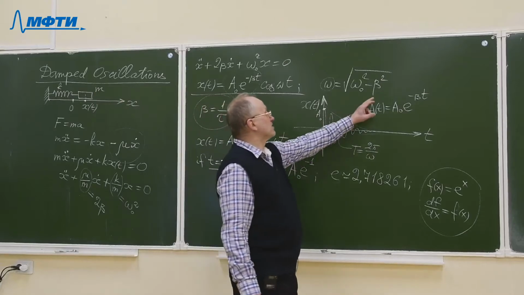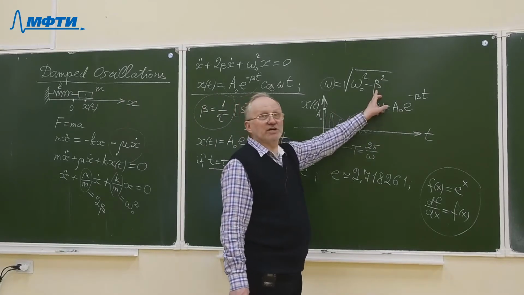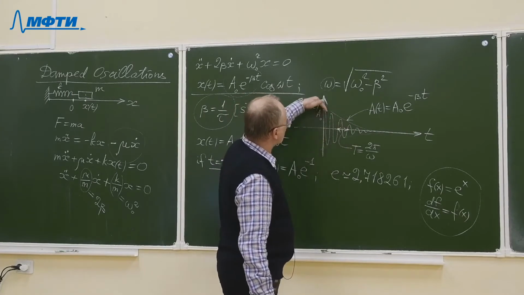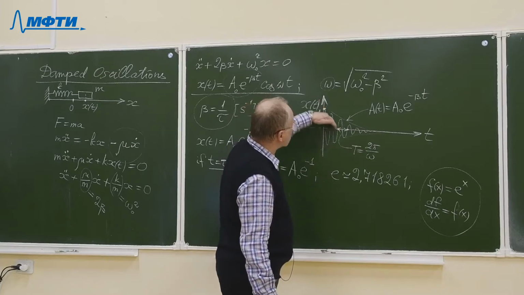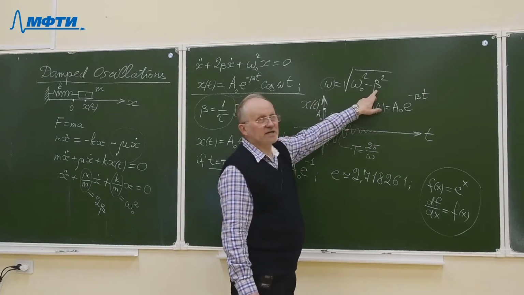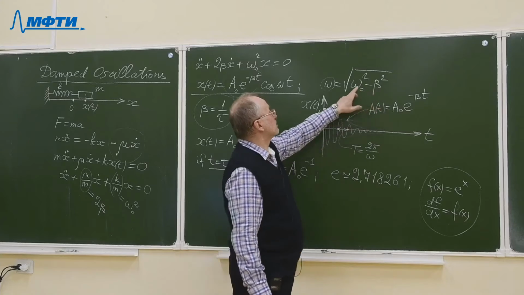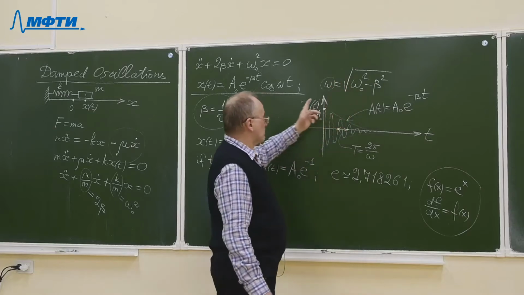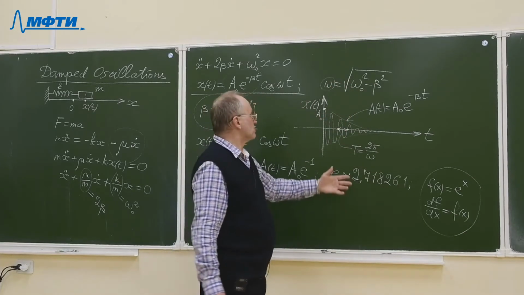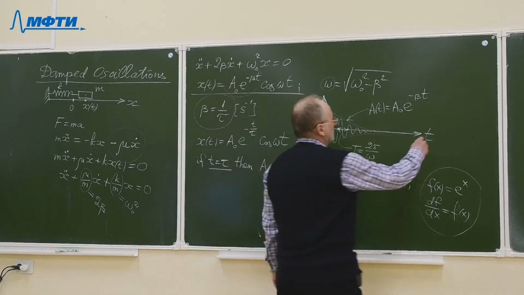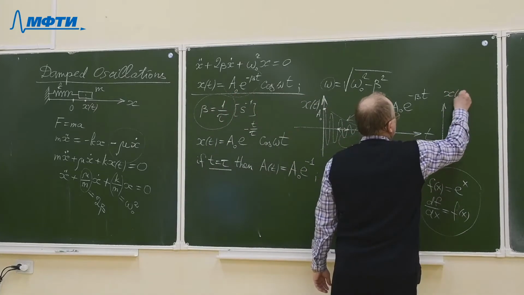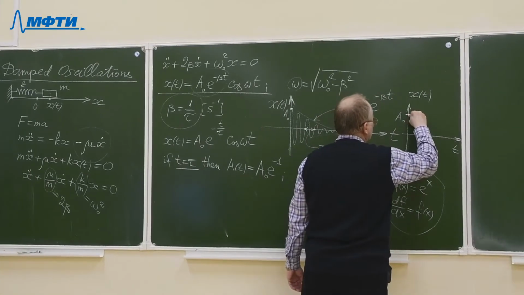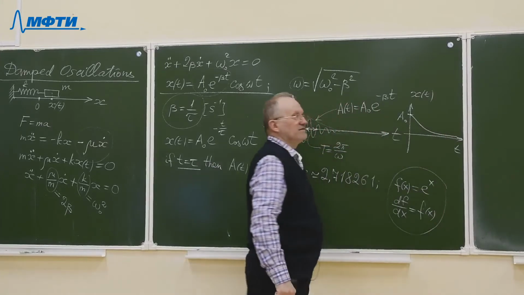Suppose the air drag is growing and beta becomes larger and larger. Then the oscillation decay time will become smaller and smaller, and the amplitude will decrease quicker. And if beta grows and becomes equal to omega 0, then that will become 0. What does it mean, zero frequency? It means that there are no oscillations at all. In this case, this function will turn into something like this, the initial amplitude, and then no oscillations, but just decaying